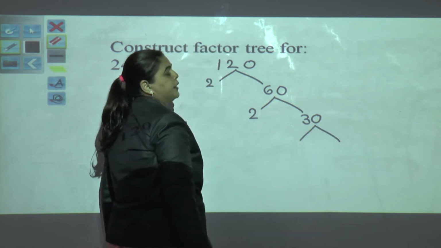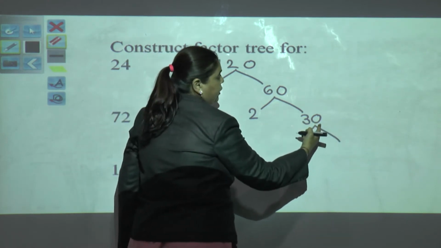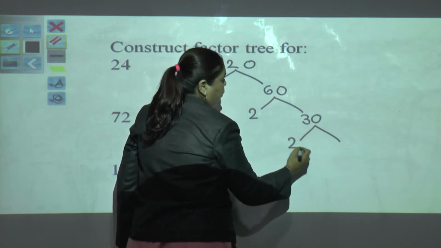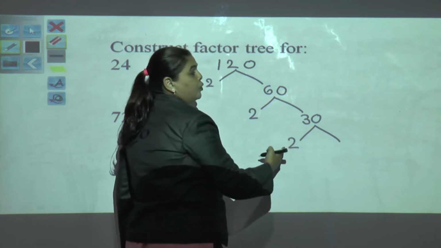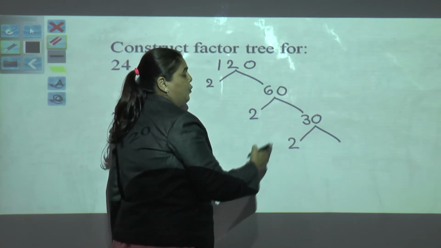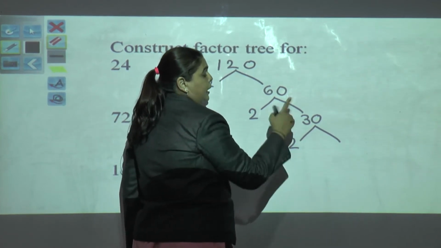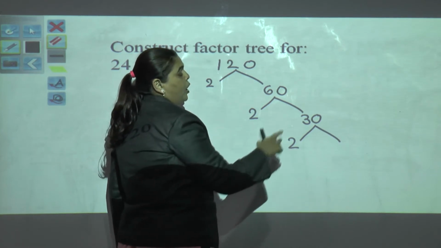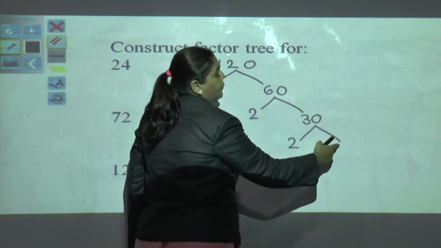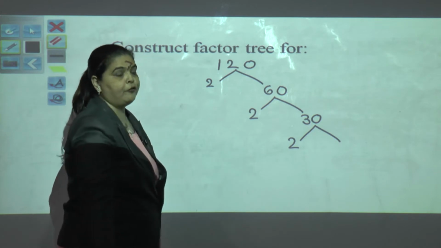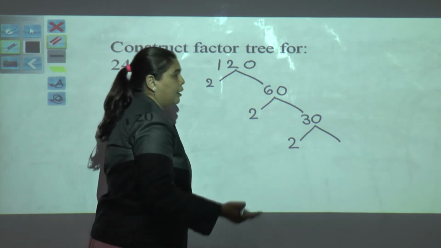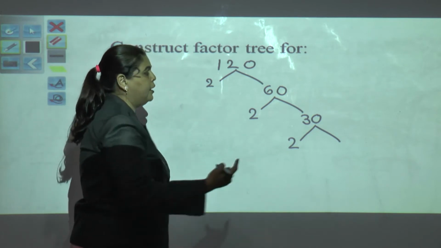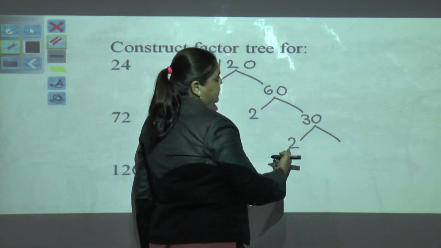Again we have 30 as an even number here. So again we will divide it by 2. 2 how much is 30? You know the table till 20, so you can write directly. And I will give one more trick on how to write it. 2 15s are 30. You know the table of 15. 2 15s are 30.